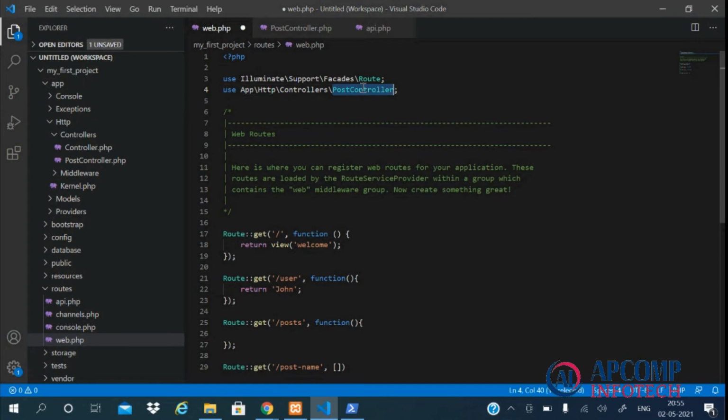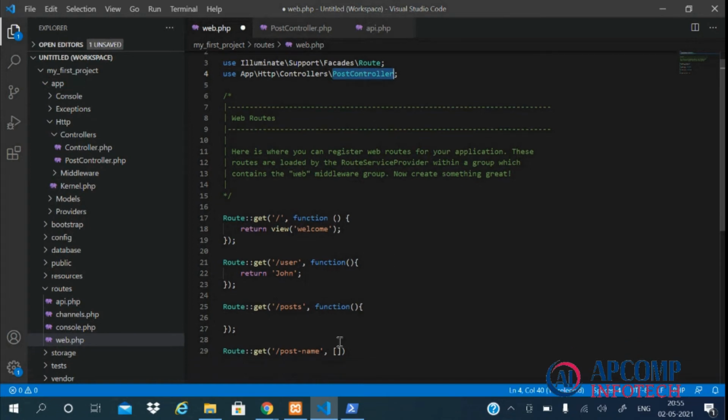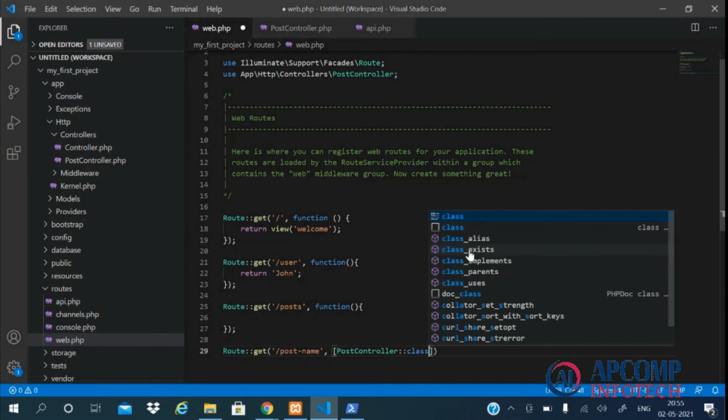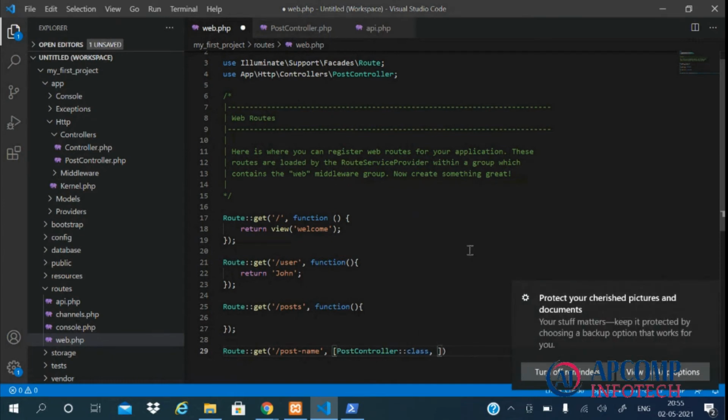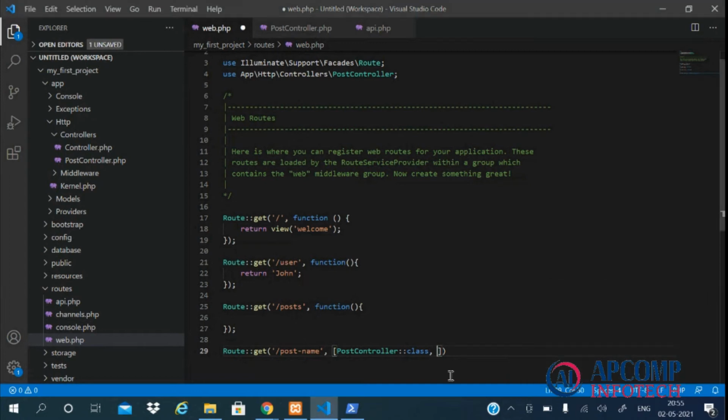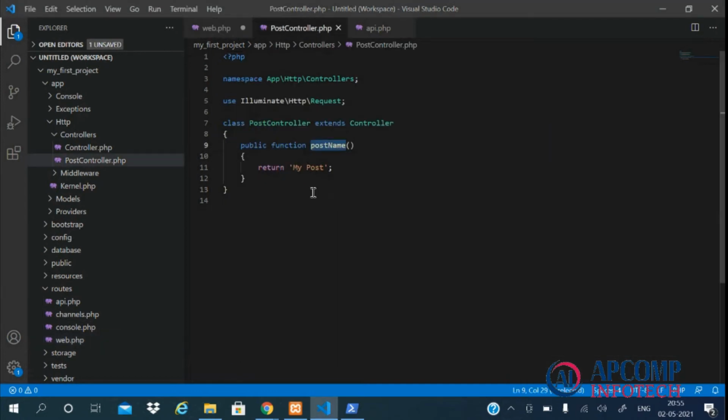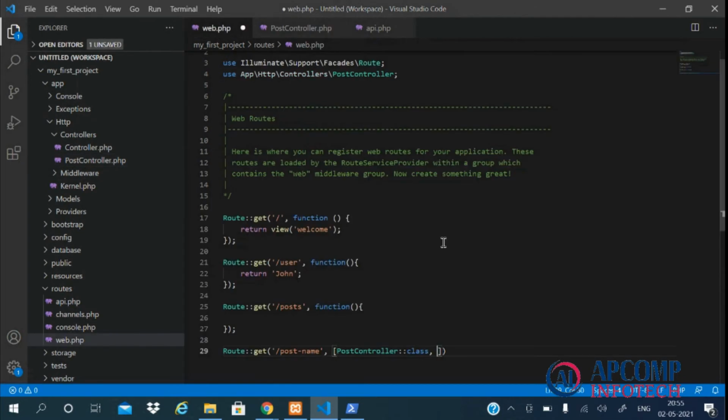Now we can use this controller here as our first parameter and its method, which is postName, as a second parameter. Now let's go to the browser and hit this route.